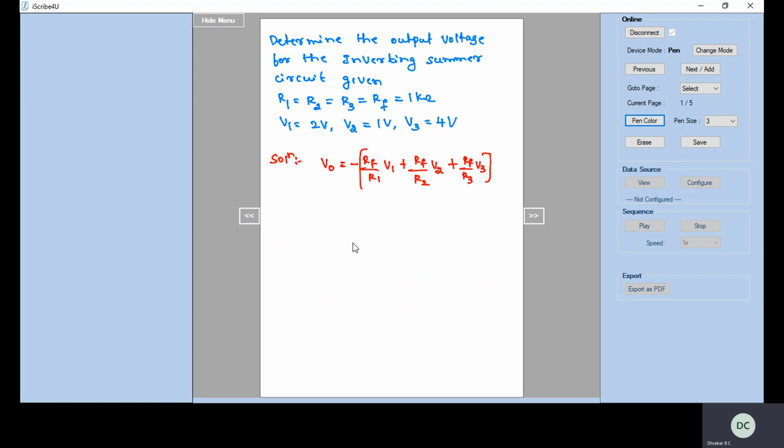So substitute the values. Since all the values are equal, the R1 value, R2 value, and R3 value, V0 is equal to minus of Rf by R1, which is 1K, into the value of V1, which is 2, plus Rf, 1 kilo ohm,